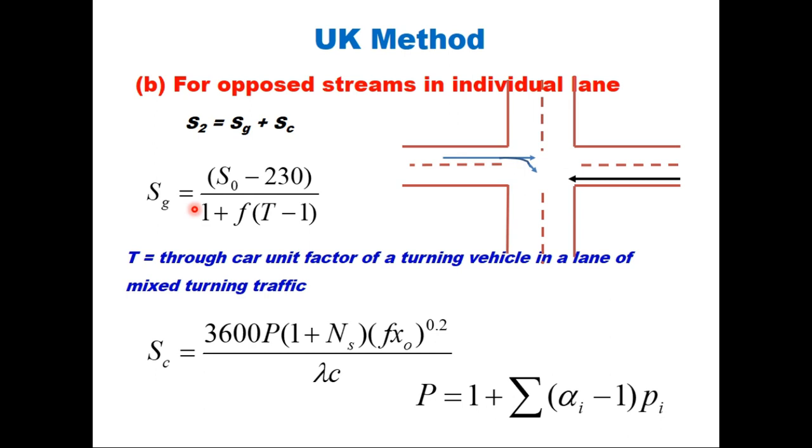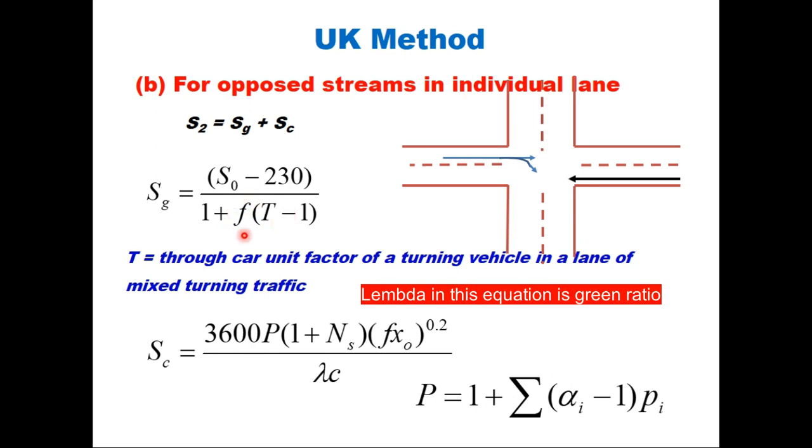Sg is S0 minus 230 upon 1 plus f into t minus 1, where t is through car unit factor for a turning vehicle. The saturation flow is always expressed in terms of through going vehicles, and each right turning vehicle is converted into equivalent number of through going vehicle. This is the t. Now f is the proportion of turning traffic. S0 I explained earlier. And the second term here, Sc, is given by this equation,